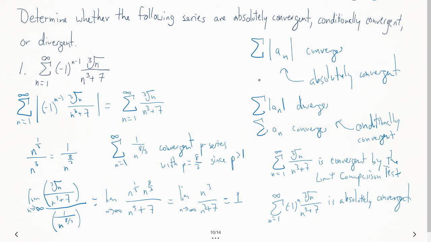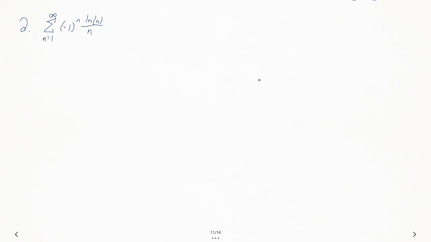Okay. I hope that makes sense in terms of what's going on, but that's what we're going to be looking at over and over again for those. And so our next one, if we did natural log of n over n, notice if we try to do the absolute value of this,